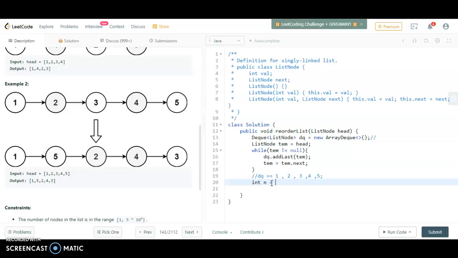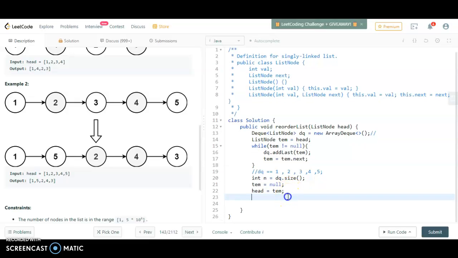We have already declared this above. Simply, we have to return head only.